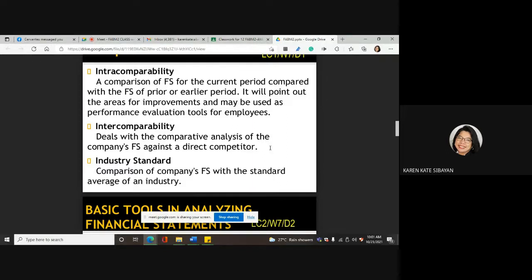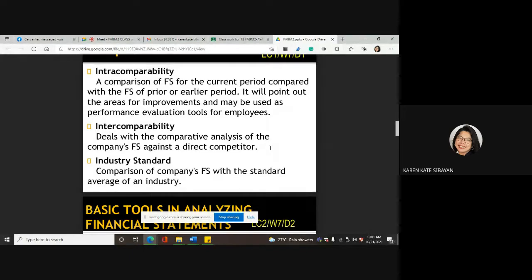Kasi dahil nga, di ba, mahal na mga ingredients. Hindi naman pwedeng nagtaasan na lahat, ikaw same pa rin yung size mo. Pero hindi ka nag-increase ng price. Hindi naman pwedeng ganon, di ba? So para win-win,